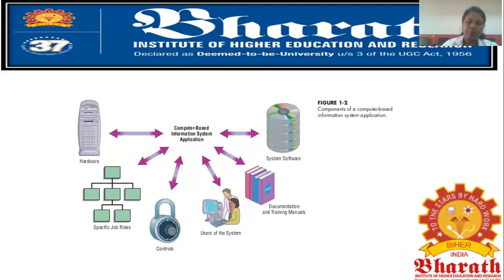Then what job roles have to be done? Then controls. Controls means, why are they giving the lock symbol? It is authentication, like security. There should not be any third party access. It should be confidential. It should provide proper security, proper control. That comes under controls. And then users. Who all are the users of the system? That should be defined first, because they should maintain a proper idea of their users. They should have a proper gateway, that is, who all can access this.